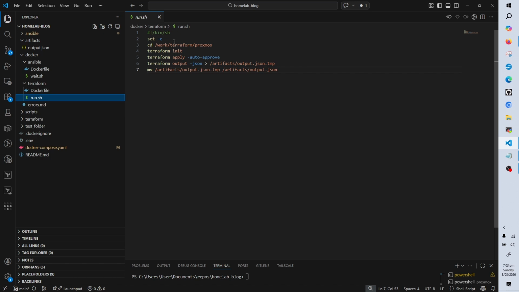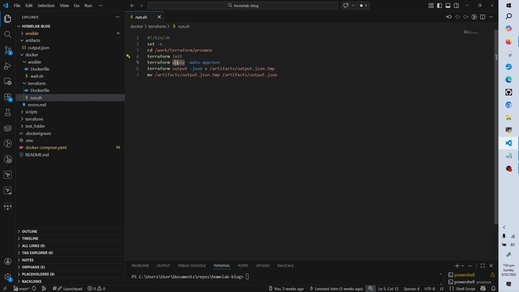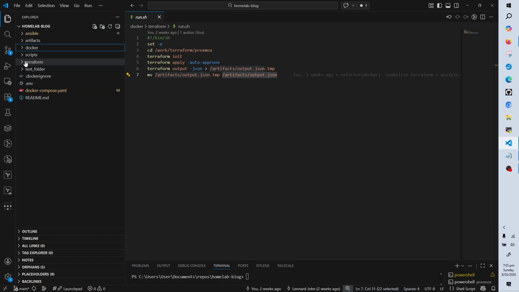And then this here is just a simple init, apply and output, and here the Terraform output goes into the artifacts. So I saved it as a temp file first, and then I renamed it into the output file. I'll tell you why I did this later on. But the main gist of everything here is the